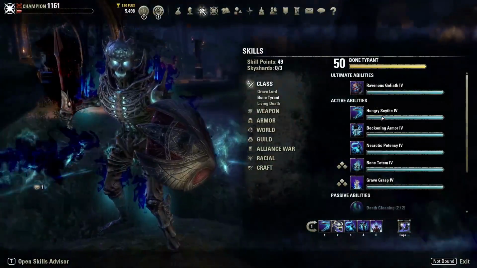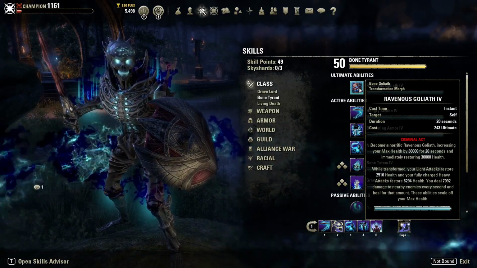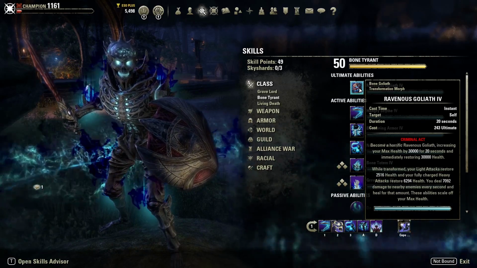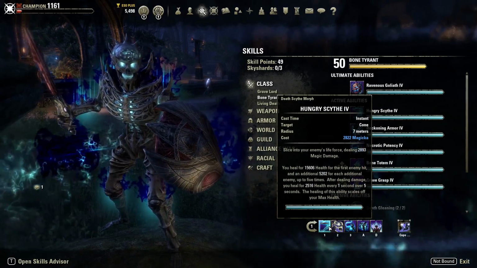Alright, so let's take a look at the Goliath on the front bar here. Yeah, 7k damage every second to our opponents, and we heal for that value as well. This is going to be an incredibly strong AoE around us and an incredibly strong heal over time. Synergize this with all our healing power, etc. We become very strong, and look at that,